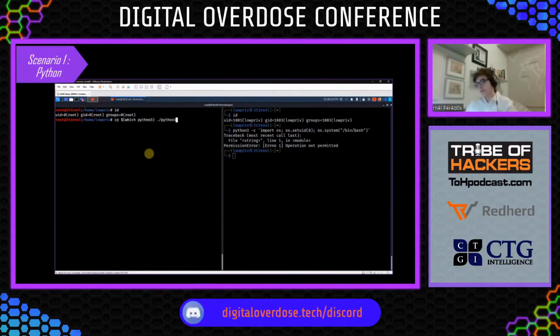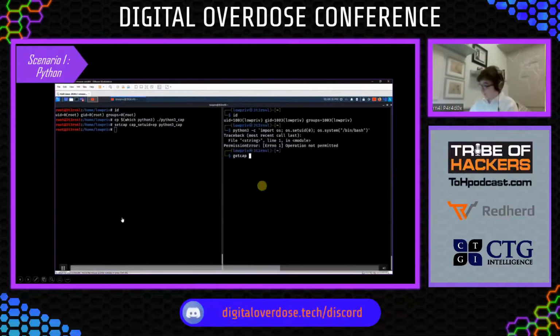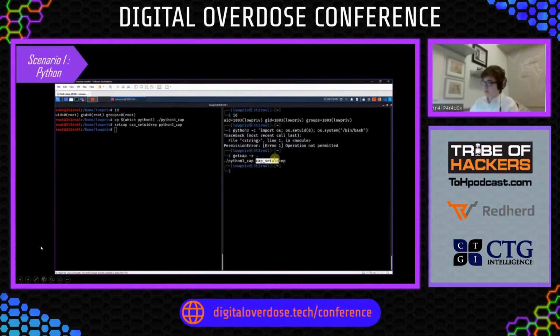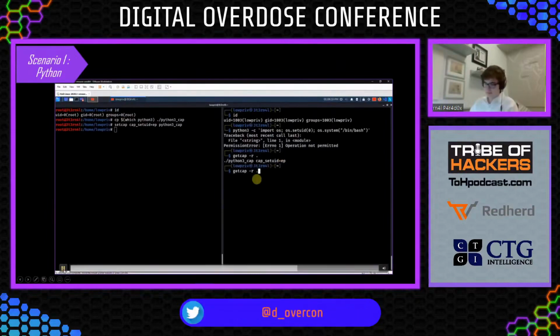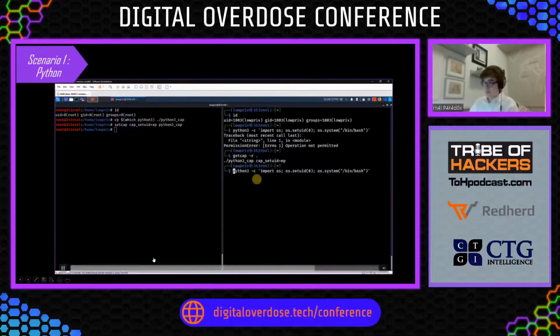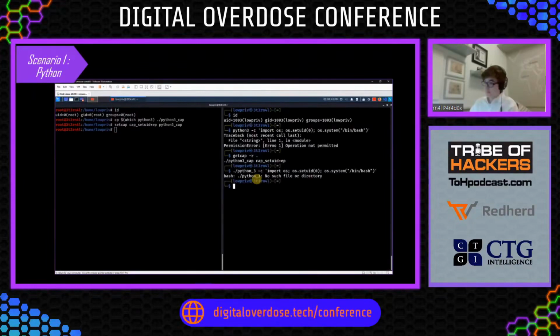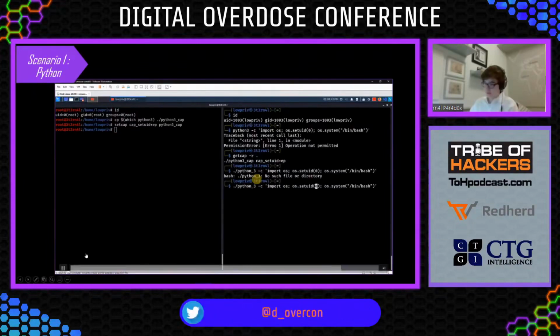So let's say root modified python3, and now it's python3 modified. And now we're going to set the cap of what? cap_setuid. We do that. We run getcap always to make sure that it's correct. All right, let's set it up. We run the command again. And when we do so, because we've bypassed setuid permissions,